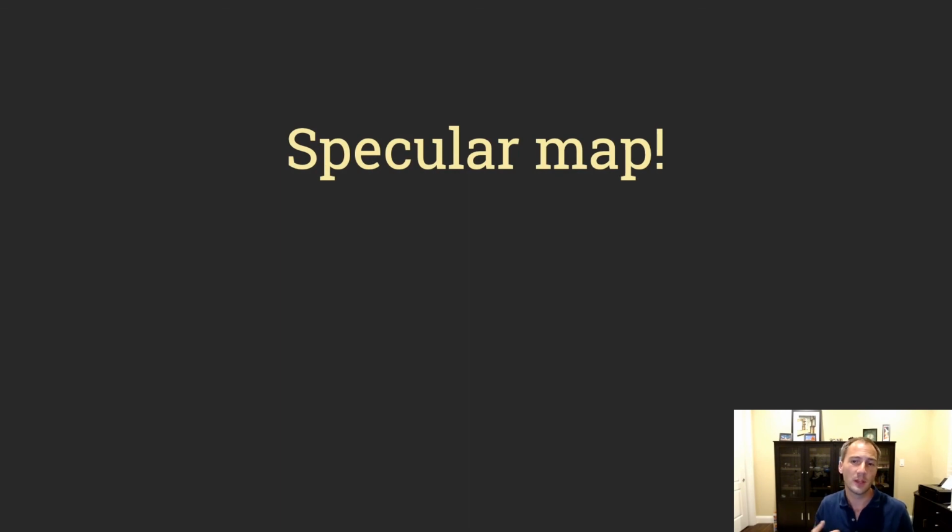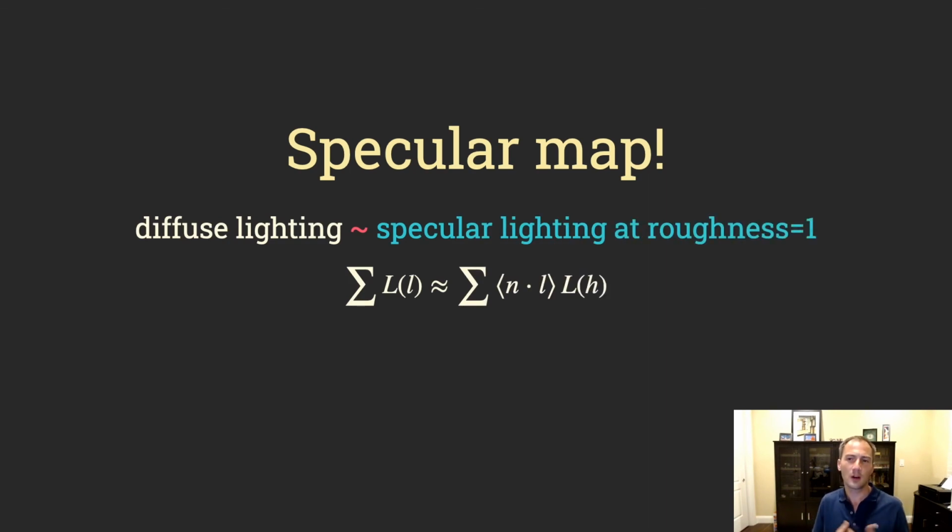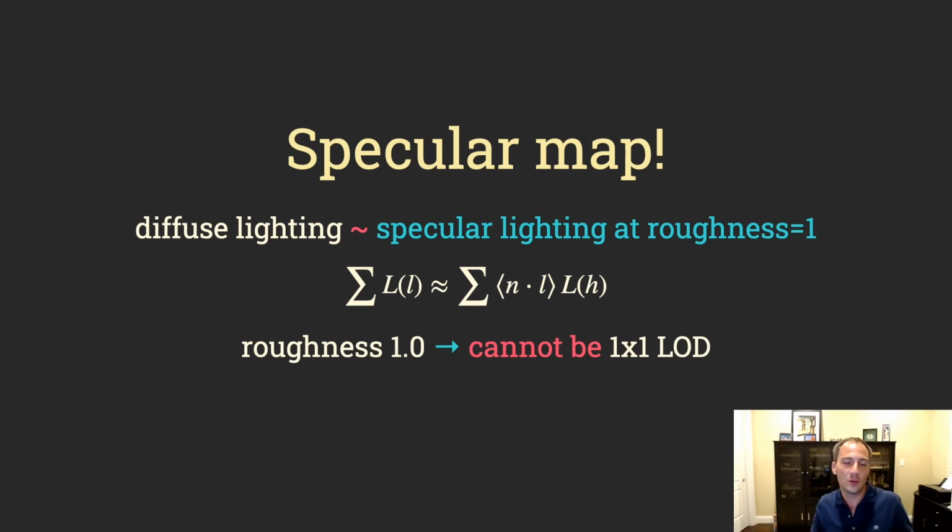But the insight was to use the specular map instead, or the pre-convolved environment map MIP chain. So if you squint hard enough at the equations, the integration of the specular BRDF at roughness 1 is very close to diffuse lighting. And since we already rely on approximations like the split sum approximation, what's one more approximation? So of course, this means that we don't want to use the 1x1 pixel LOD for the roughness for this diffuse map, because that would not be high resolution enough. So instead, we use the 16x16 MIP level, which means that we stop our MIP chain at 16x16 per face, and it looks good enough.